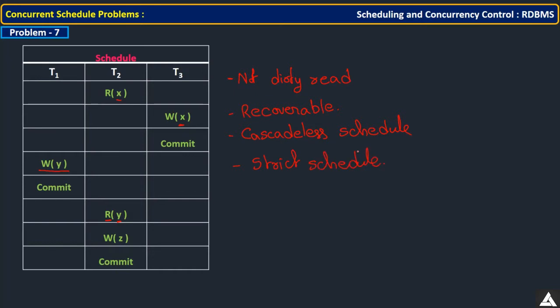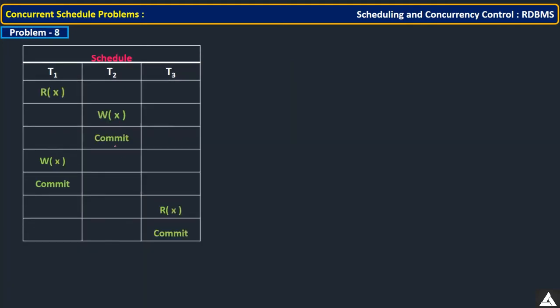Now, in the same way, let us see another problem. So in this schedule, here you can see a read operation. This is the first one, write operation, and write operation, here read operation. But here is the read operation, and that is reading committed data. So simply you can write down no dirty read. So good thing that no dirty read,